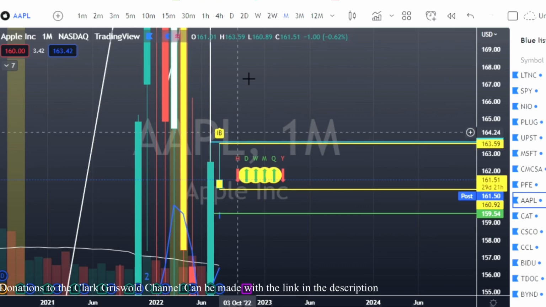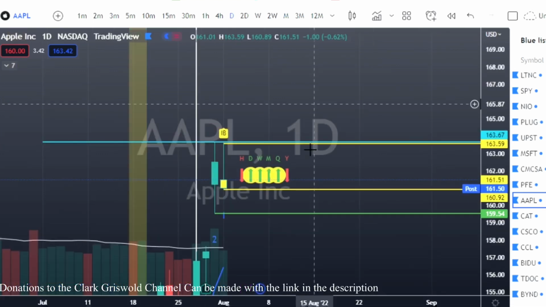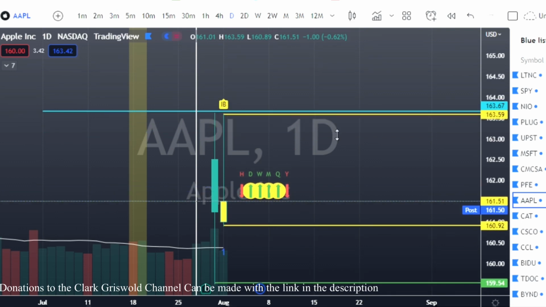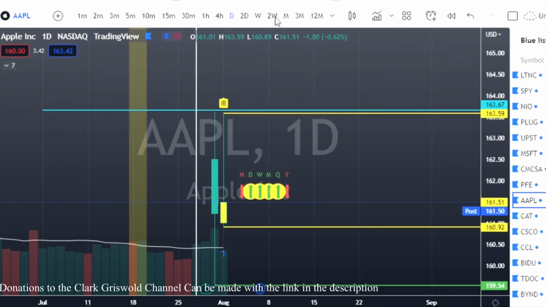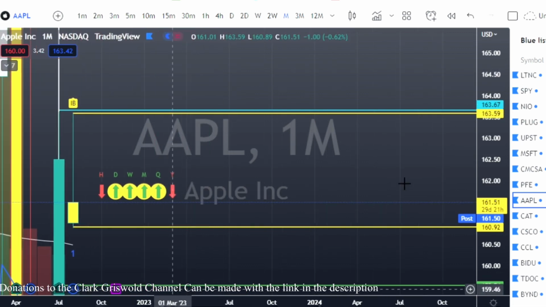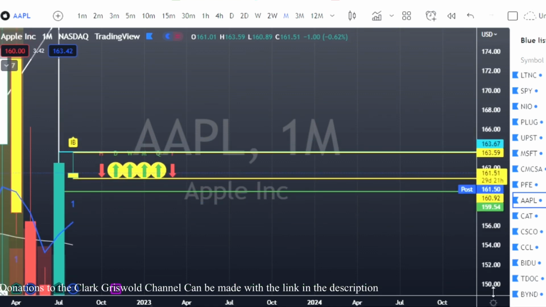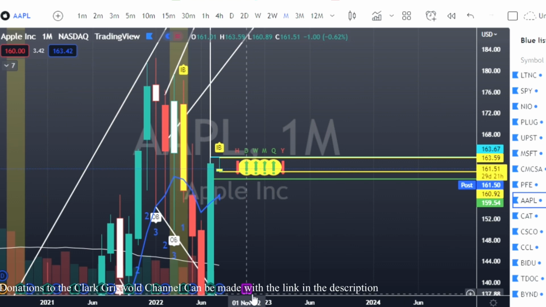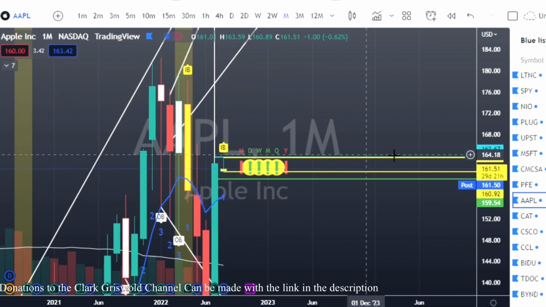There you go. So we go back to the day now. And what do you know? We trigger on the day. We are going 2 up on the month. There you have it. That's on Apple, okay? So you can look for Apple maybe to make some new highs here, not new highs, but higher highs, and a 2-2 continuation on the month.